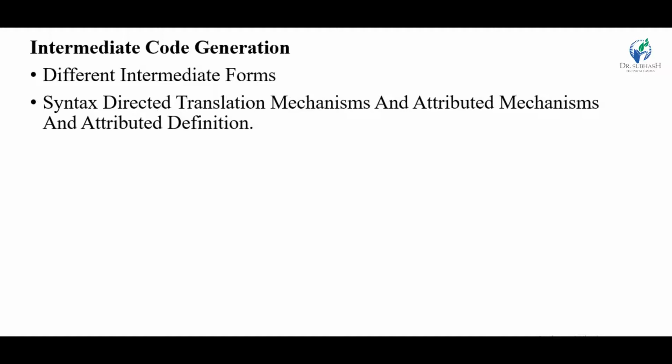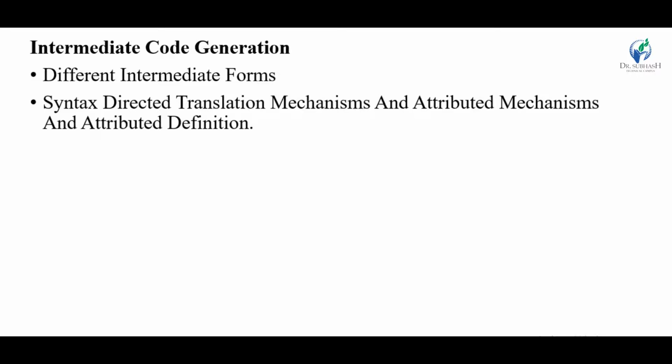Different intermediate forms are abstract syntax tree, postfix notation, 3 address code. There are 3 different types of 3 address code. First one is quadruple, second is triples, and third one is indirect triples. Quadruples is a structure with at most 4 fields such as operator, argument 1, argument 2 and result, while